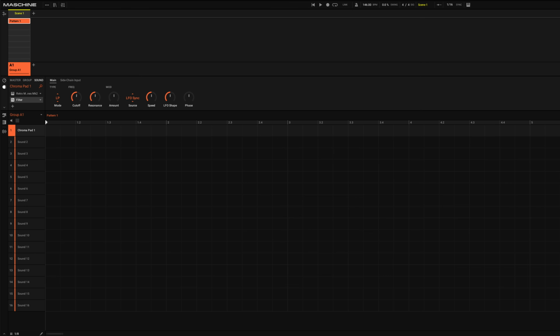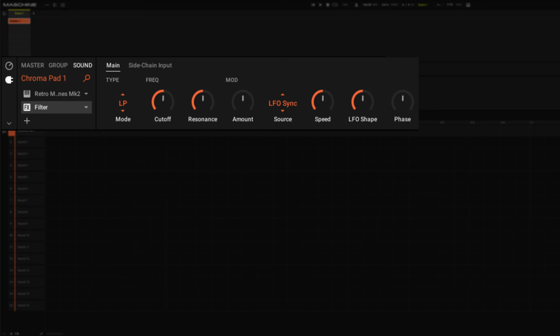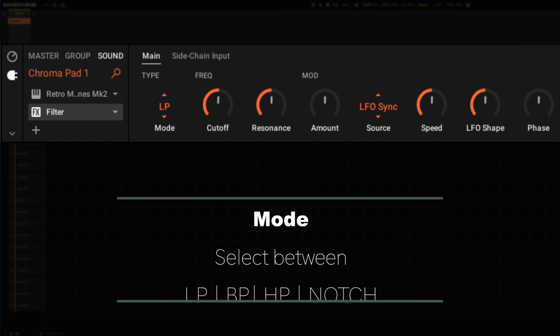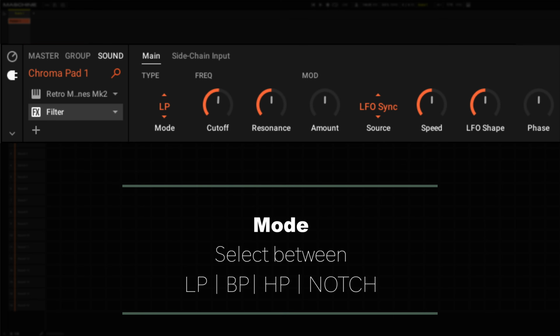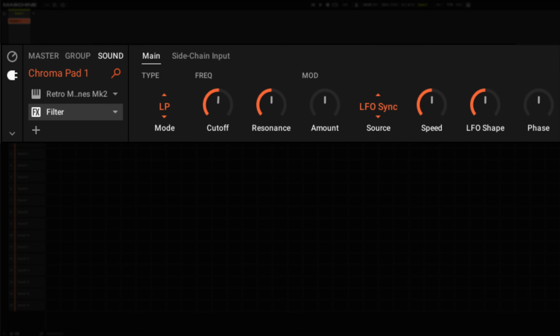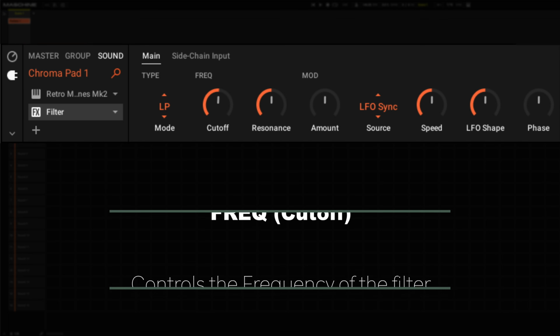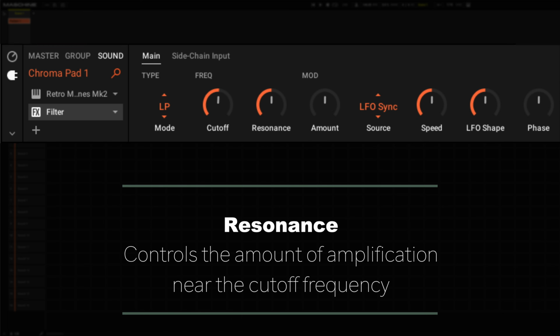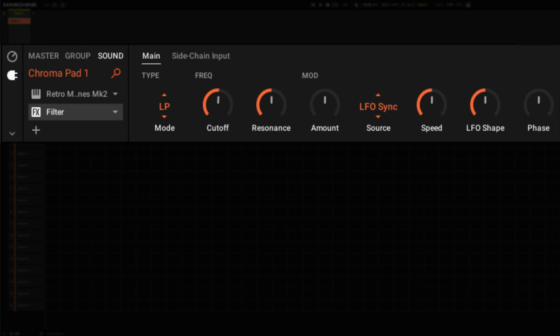So let me take a minute to explain what some of the parameters of this plugin do. If you see where it says type and mode, you can select whether you want the low pass, the band pass, high pass, or the notch. For right now, I'm going to be using the low pass. The next parameter we have is the cutoff, which is under frequency, and this basically controls the frequency of the filter. Right next to that, we have the resonance, and this basically controls the amount of amplification near the cutoff frequency. So let's just say, for example, we are playing this chord,